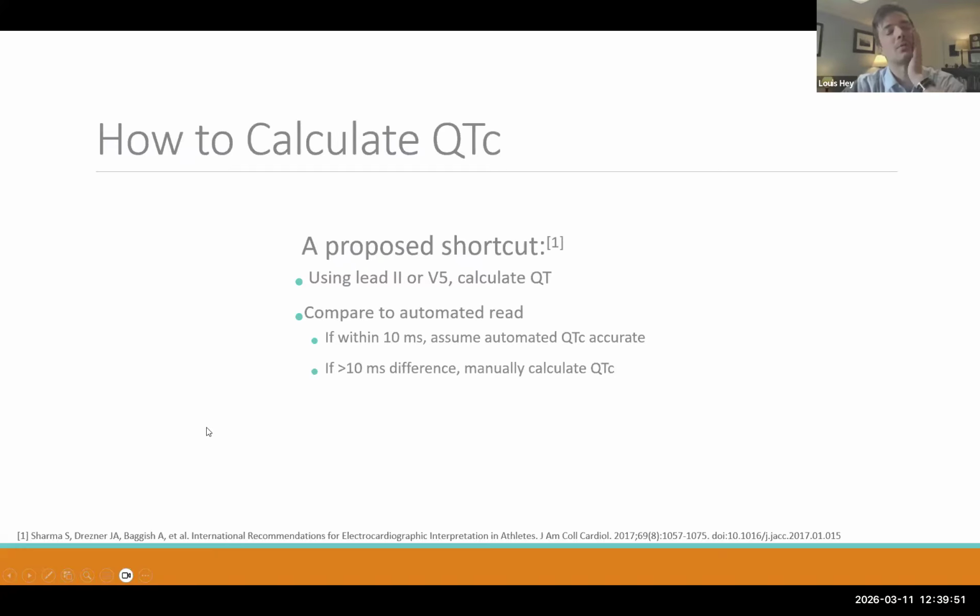There are some papers that had recommendations that maybe only trained electrophysiologists or board-certified cardiologists should be calculating QTs, a cardiology overread, but I think even those authors acknowledge that in primary care settings, and especially outside of the United States in resource-poor areas, that's pretty unrealistic. And there's been pretty robust data that you can teach nurses and second-year medical students to calculate the QT very accurately in an hour or two.